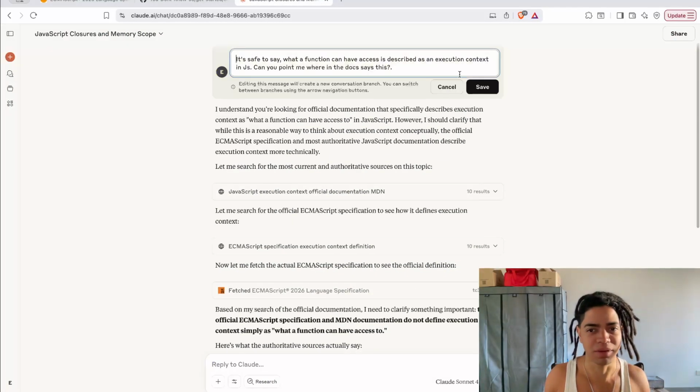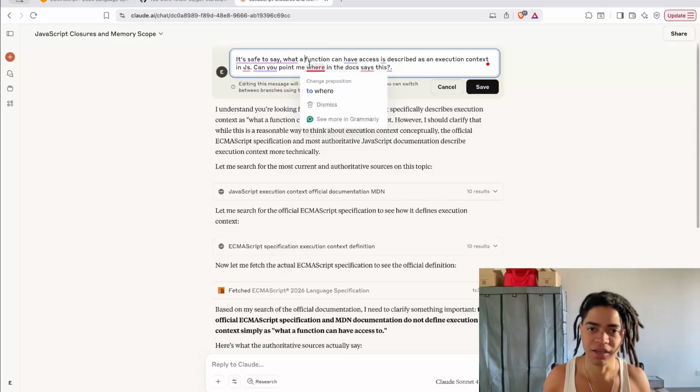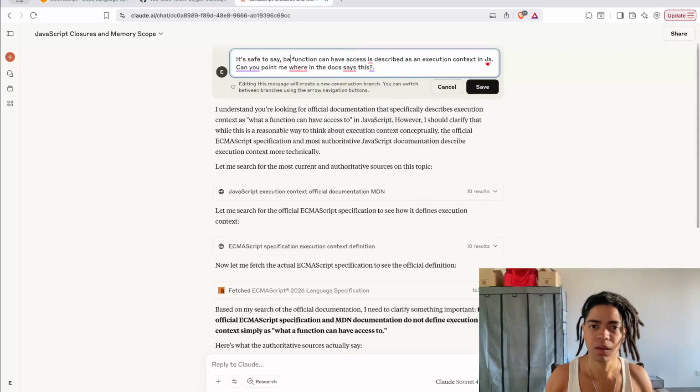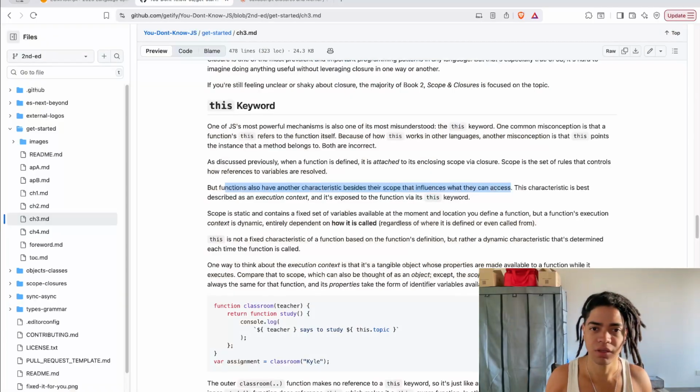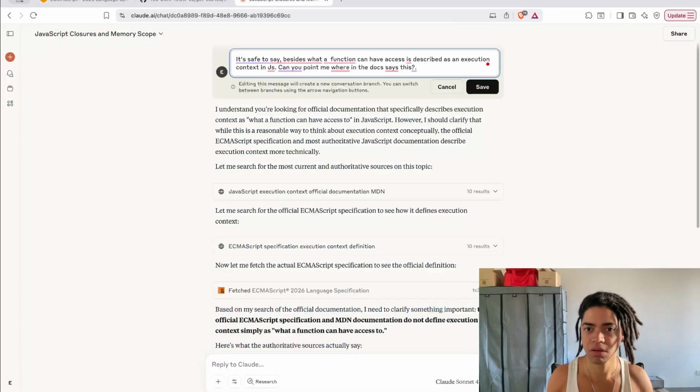Okay, no, my bad. Okay, you say to say that what a function can have access. So besides what a function can have access, okay, is a scope. All right. Another